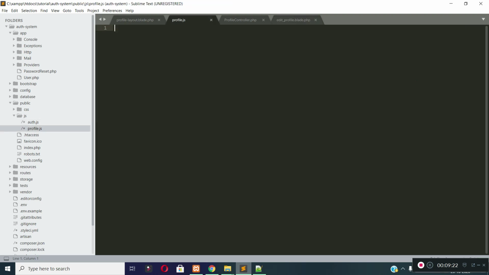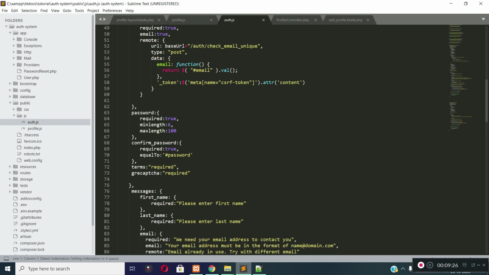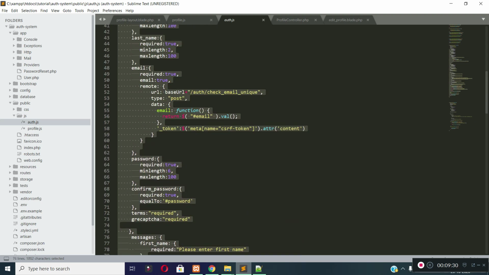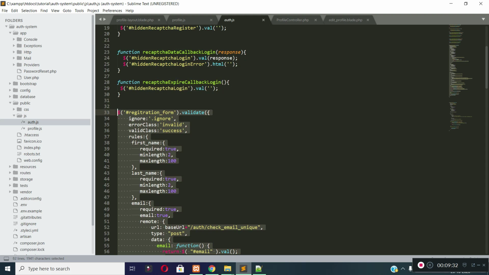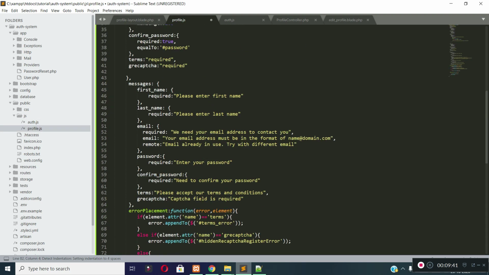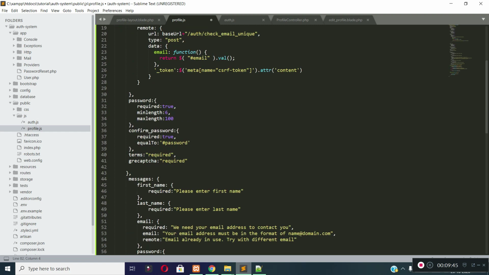let's open our profile.js file, and we already added validation rules in our registration forms in auth.js file. So let's copy this code from here and let's use it for the edit profile form. In our edit profile form, there will be first name and last name field.